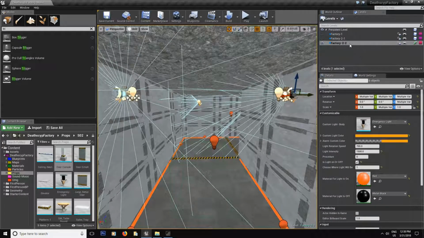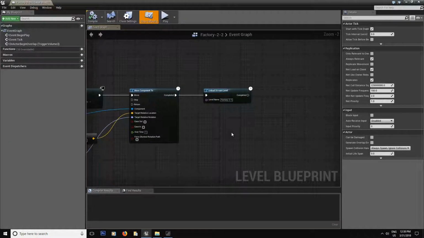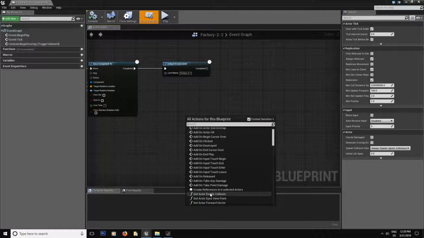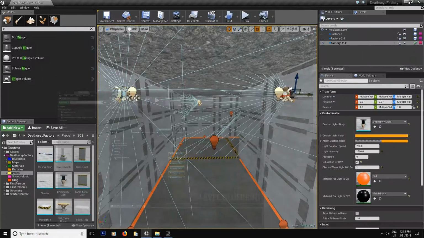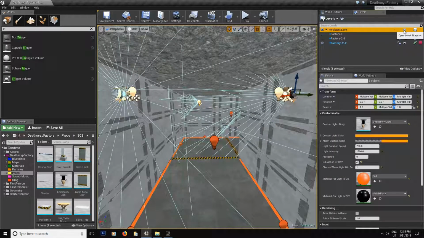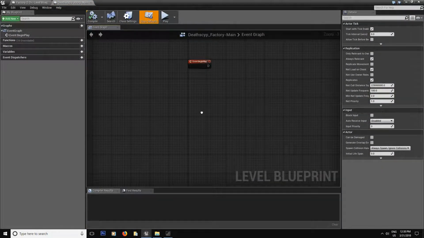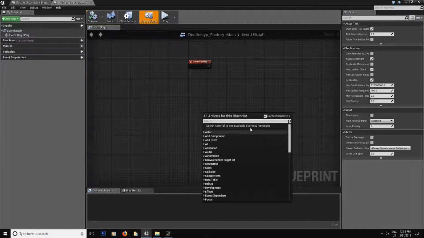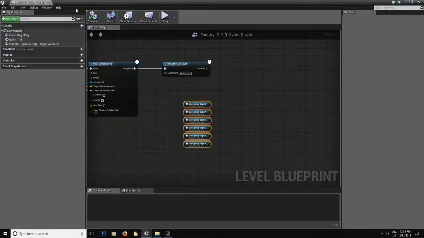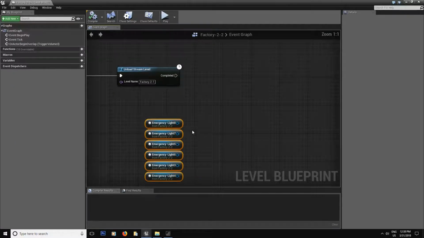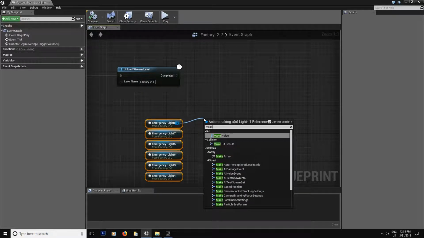Whoops, not this one. The level blueprint for the 2-2. We're going to right click, make array. If you would try to go inside the wrong level with the wrong level blueprint, right away you're going to notice something that's not going to work. I'm going to right click and try to look for my reference, and it's not going to be there. So that's how you know right away if you're not in the right selected level with your asset selected. You're not going to be able to make a reference. So now let's make the array